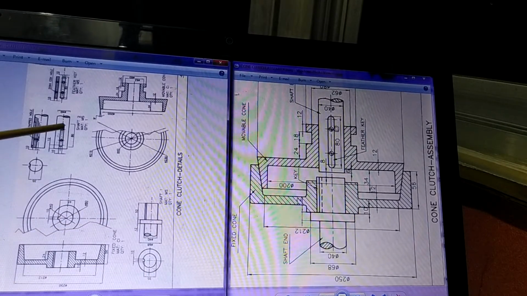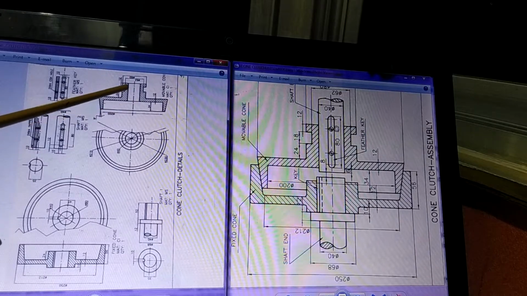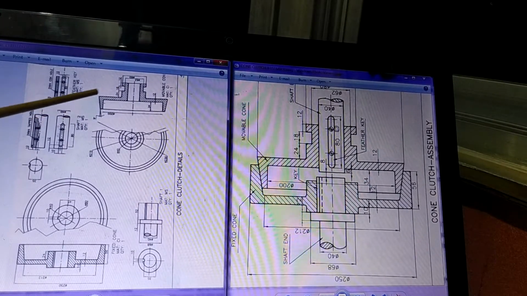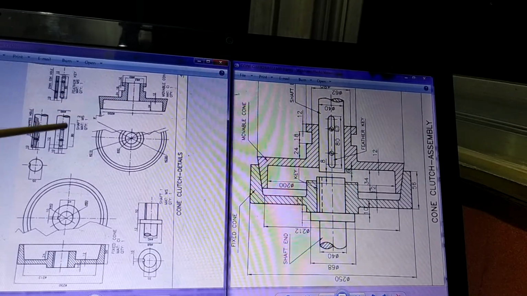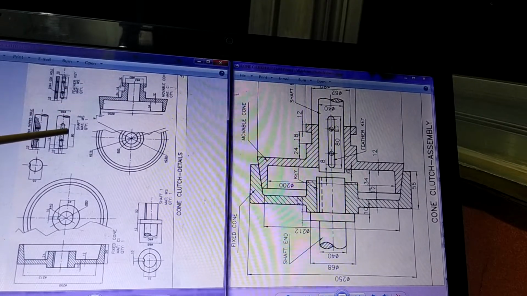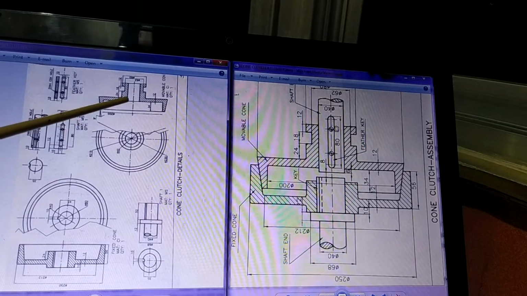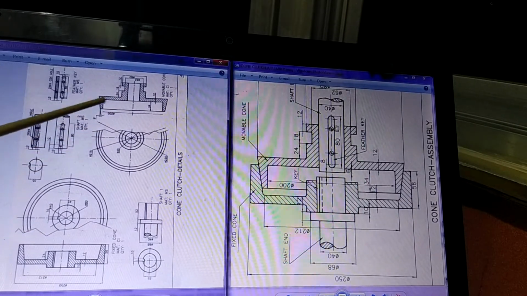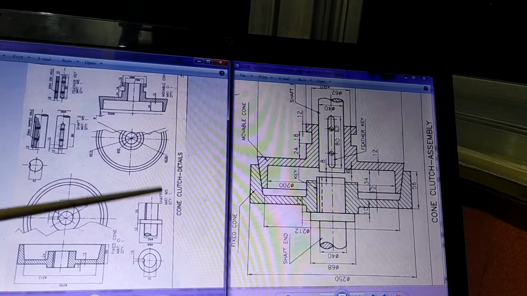Same way, this is another shaft which is expected to be fitted here. So that will be confirmed if you check this dimension of the shaft and the dimension of the hole. If it is matching, that means it is really supposed to fit here and it will fit here, and so on. So that is the way the examination has to be carried out, the analysis has to be carried out.